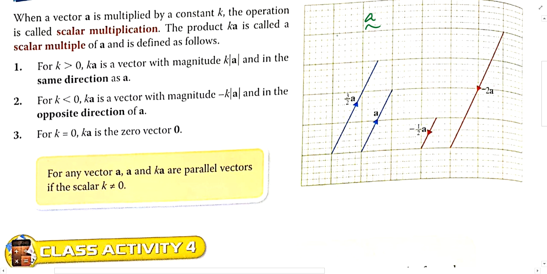What happens if I go the other direction? Let's say I multiply -1. -1 times A. -1 is a scalar, it's just a number. -1 times A, we all know that it's going to give us -A. Does the direction change? What does -A look like? Yes, right. It looks like this. -A. So it is possible to change the direction when you multiply a vector with a scalar, if the sign